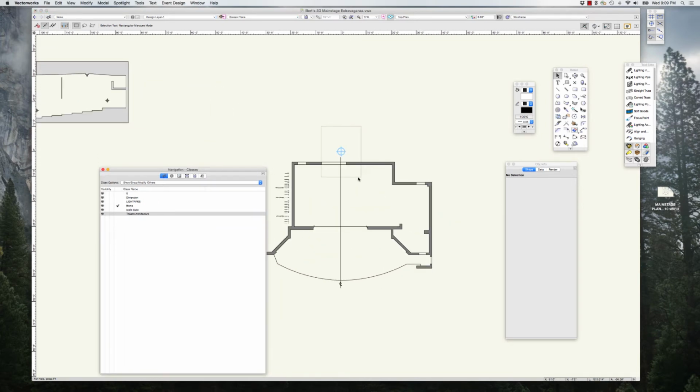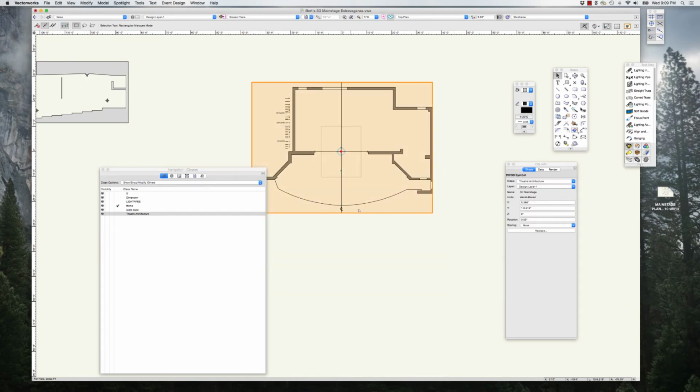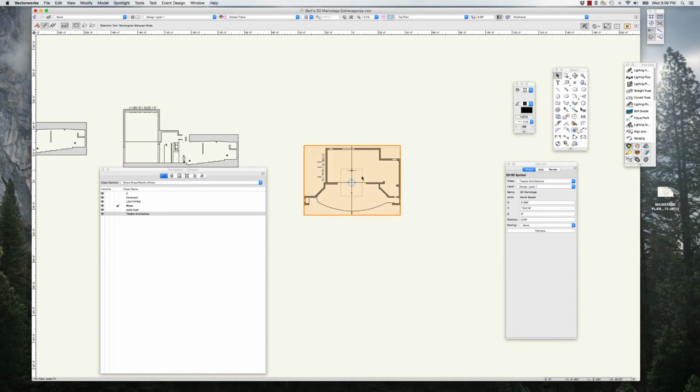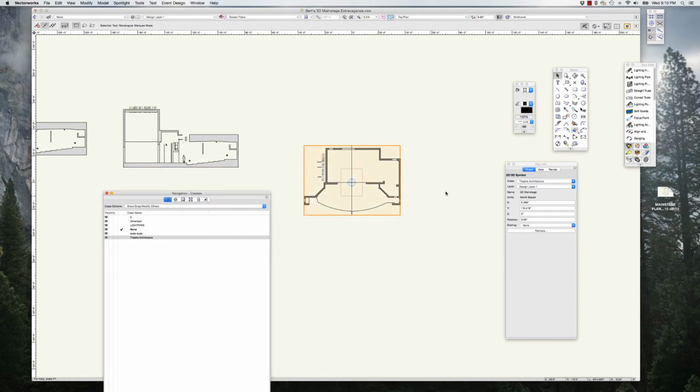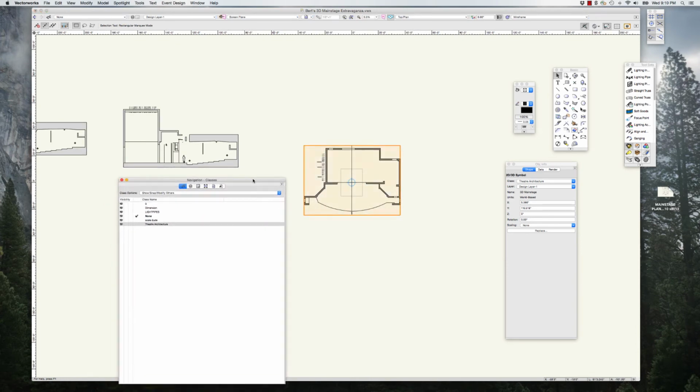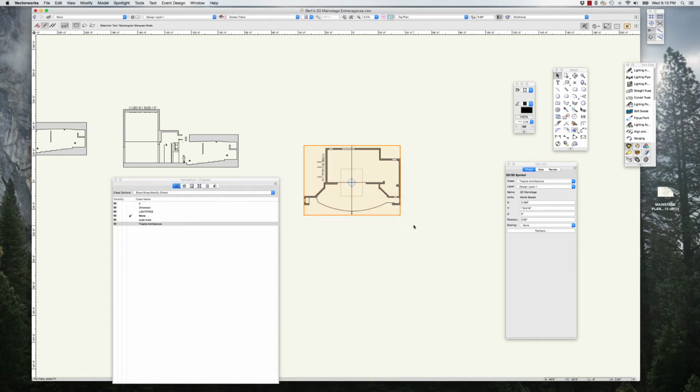Then I'm going to go ahead and just move this up so it's in the center of the page. Obviously, we would need a bigger page if we were going to print this out, but there we have that. Then what I want to do is create a new layer to put the lighting stuff on,